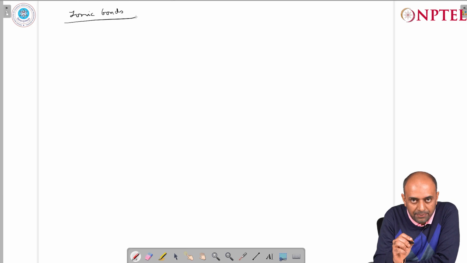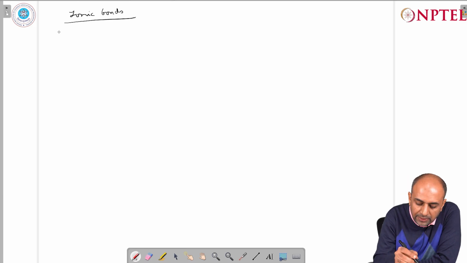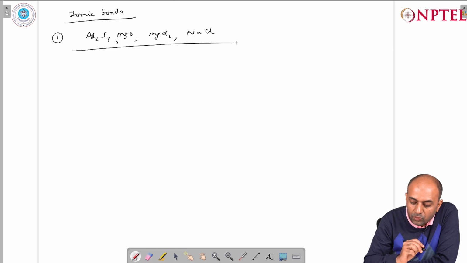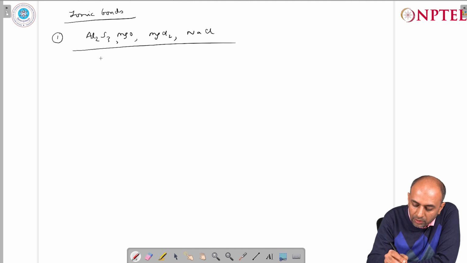So let us take the first example. The first example is, we consider 4 different compounds: aluminum sulfide, magnesium oxide, magnesium chloride, and sodium chloride. And we would now like to arrange this in the order of decreasing strength